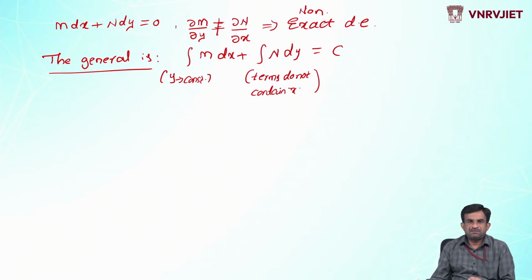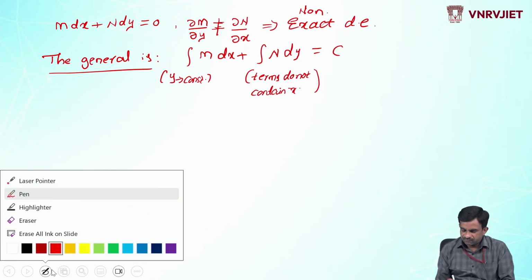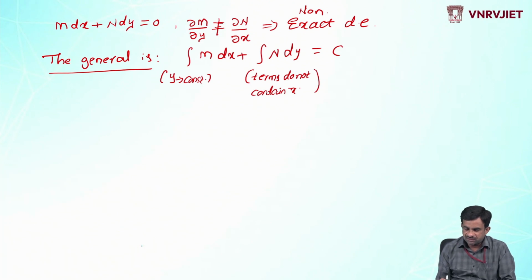The problem comes whenever the differential equation is non-exact. As I said just now, if the differential equation is non-exact, then there are various methods to find the integrating factors. So now I will discuss how to find the integrating factors by using method 1 and method 2. So in method 1, what we'll see is,